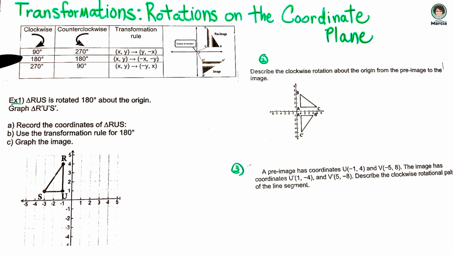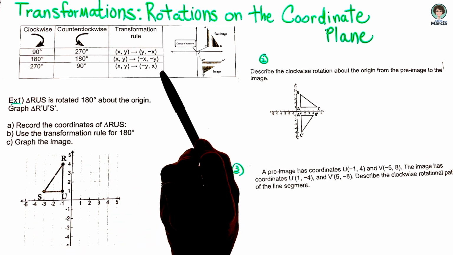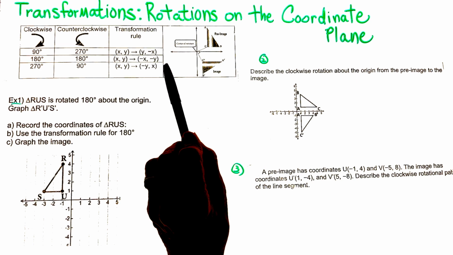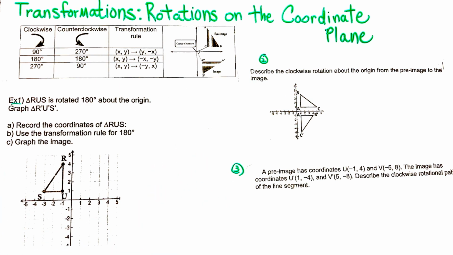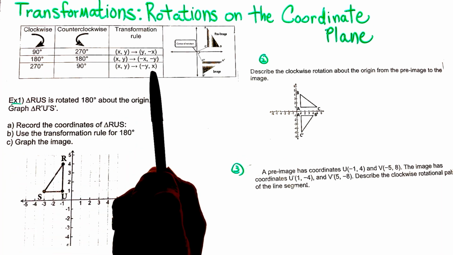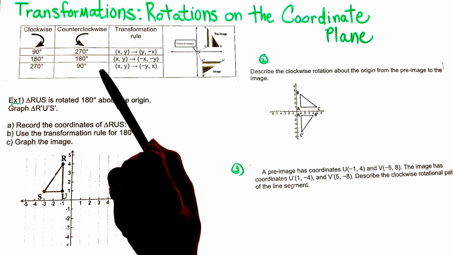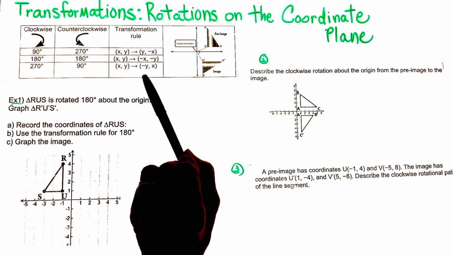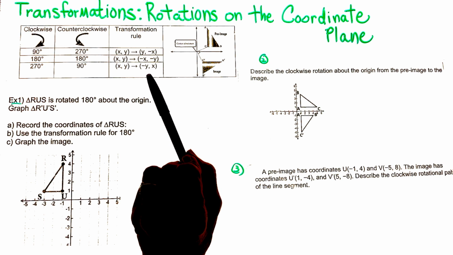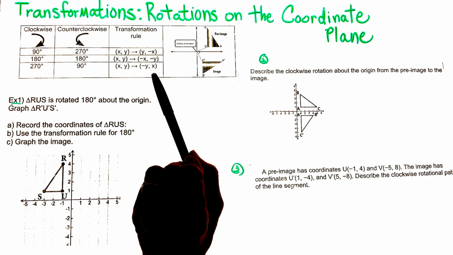For the clockwise and counterclockwise of 180, it's the same rule of the ordered pair XY, where notice that the X turns the opposite and so does the Y. And then when we have clockwise 270 degrees, which is the same rule as counterclockwise 90 degrees, the transformation rule is XY. And what happens is, notice the numbers change locations and the Y turns the opposite and the